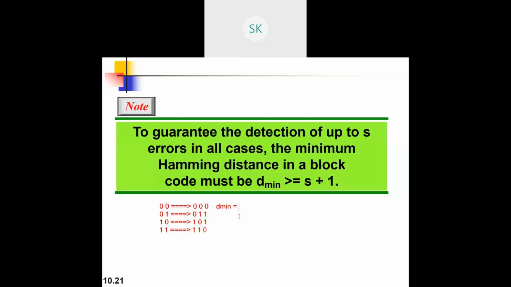The minimum distance will be equal to 2, because instead of it, I'll try to calculate the distance between the code words, or the changes that you can make. So the maximum number of changes you will make is 2 itself. So 2 errors at a time. You can have 2 different types of errors, or one type of error, with respect to any particular block that you have. So distance will be 2, which means